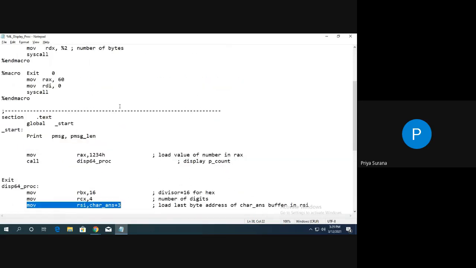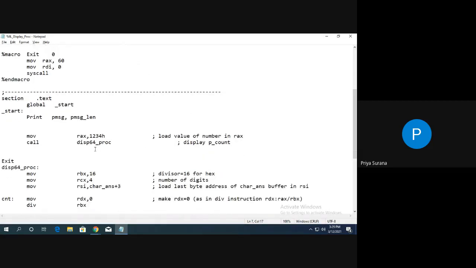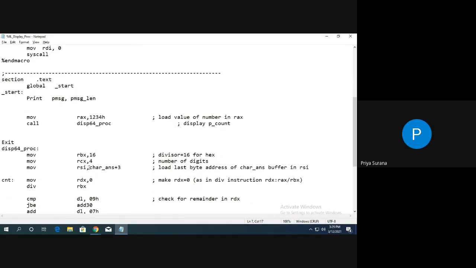If you check here in the BSS section, the char_ans variable is declared and memory is reserved for it. Char_ans here will act as a buffer. Why a buffer, for what purpose? After conversion of each digit into its ASCII hex, it should be loaded into one buffer so that it can be used for display. You can check the statement here: load the last byte address of the char buffer in RSI.